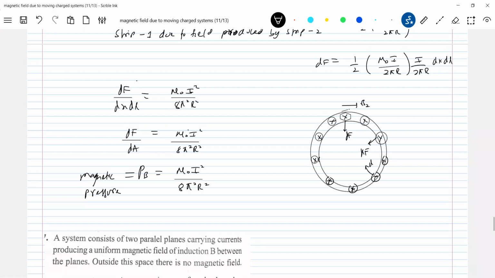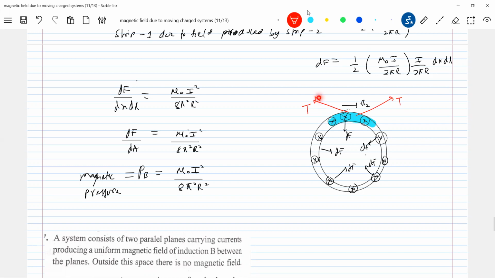So what will happen to this pipe now? We'll try to contract. We'll experience a contraction. So how the questions are asked for you is rather than magnetic pressure. If I say magnetic pressure, people will write this answer. So therefore, if a current I flows through a pipe, like a copper pipe, then the pipe will contract. We'll try to contract. And who will balance this? You have to bring a tension. How will the tension act in this direction? So I'll ask you to find the tension in this particular pipe.